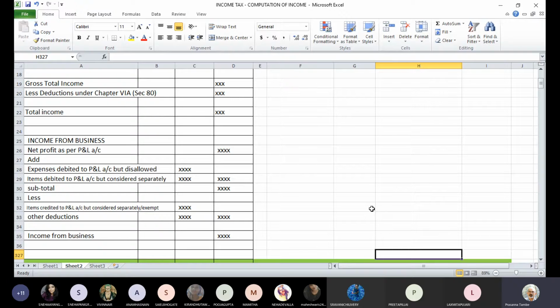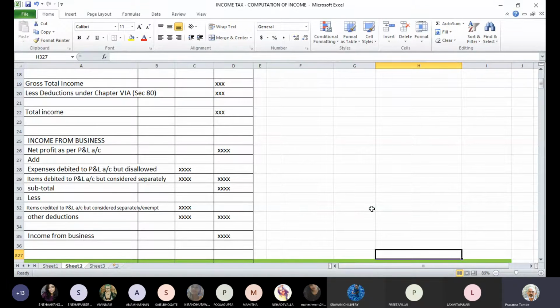So some of the items which are credited to P&L account may not be necessarily in the nature of income from business or related to business. On the debit side of P&L account, you will have a variety of expenses, and then you will have the net profit. Now this net profit which is reflected in P&L account is the one which will need some adjustments if you want to find out the income from business or profession, because this P&L account is prepared on certain accounting principles and customs.